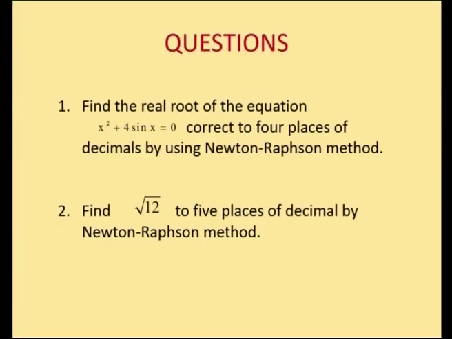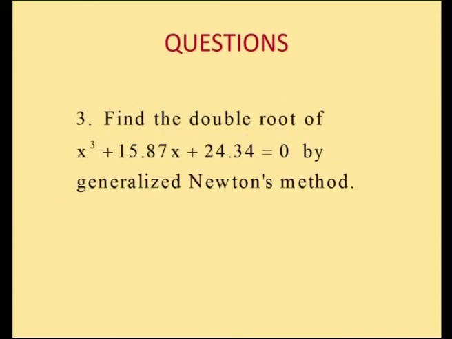Based on the discussion in this session, the following questions may be posed. Find the real root of the equation x square plus 4 sin x equal to 0 corrected to 4 decimal places by using the Newton-Raphson method. Also find an iteration formula for the square root of 12 and hence find the square root of 12 to 5 decimal places by the Newton-Raphson method. Also find the double root of x cube plus 15.87 x plus 24.34 equal to 0 by